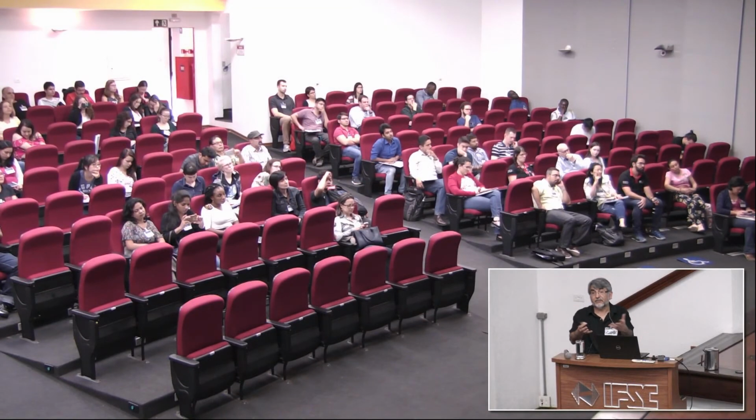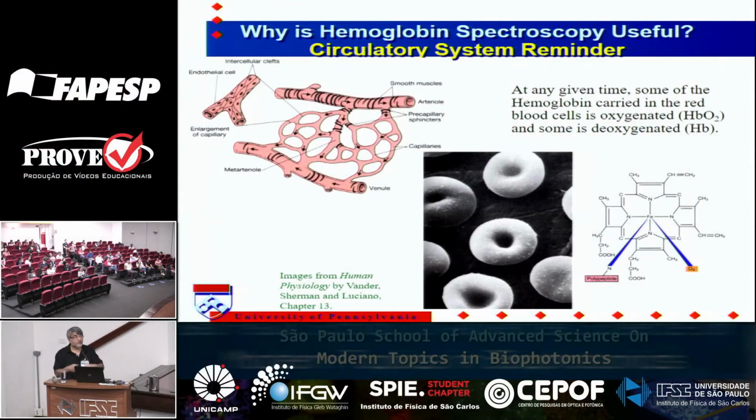It's transferred from the venules, arterioles and capillaries to the tissue by diffusion. Basically, the oxygen gets loaded up on hemoglobin in your lungs, and then it goes through your blood and your red blood cells, and then it offloads because it's in equilibrium with the partial pressure